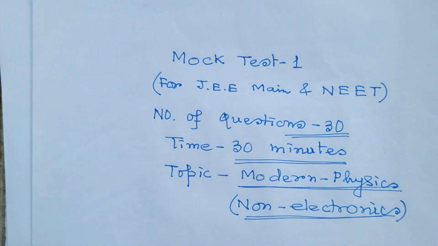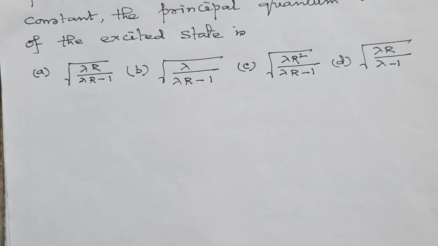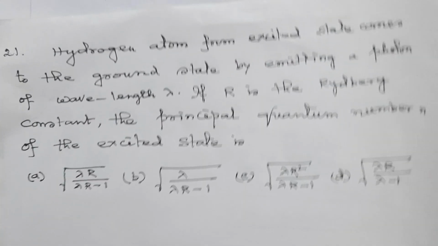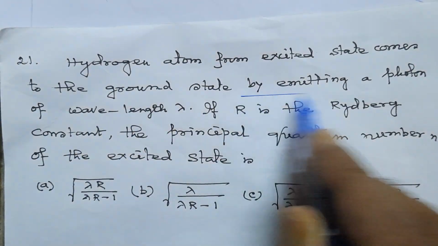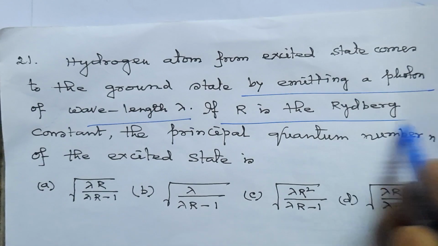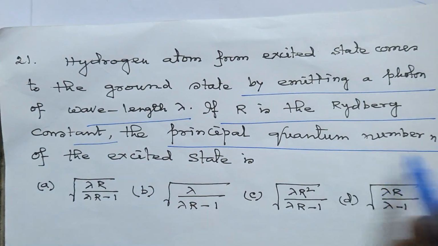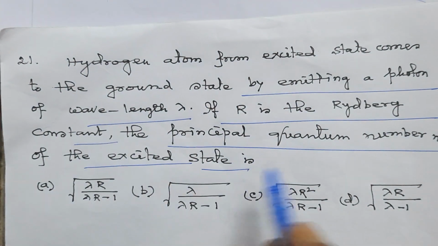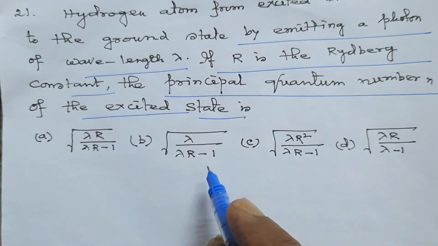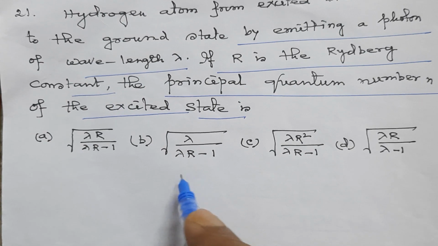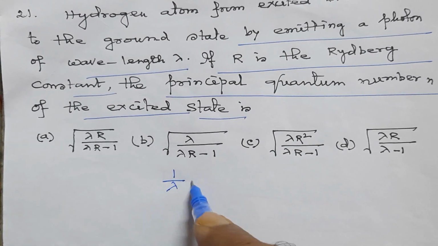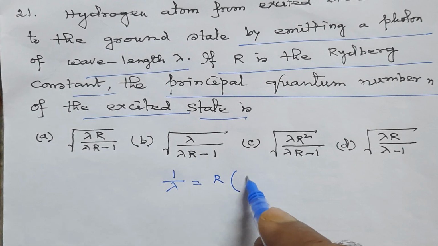Let us take the question number 21 now. In the question number 21, a hydrogen atom from excited state comes to the ground state by emitting a photon of wavelength lambda. If R be the Rydberg constant, the principal quantum number n of the excited state for the emitted radiation of hydrogen atom, we know the expression of wavelength 1 by lambda equals to R into